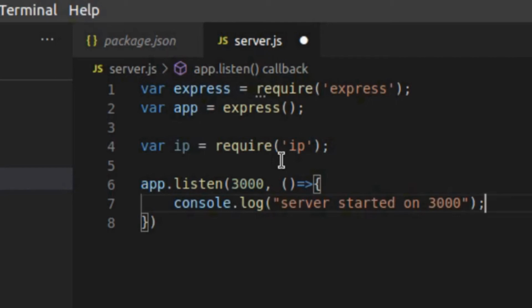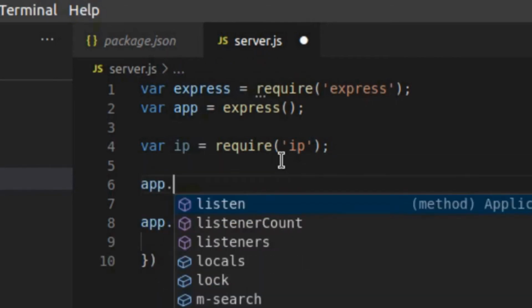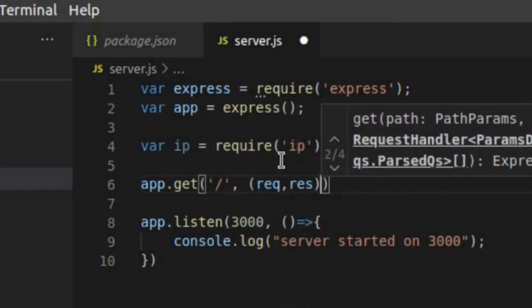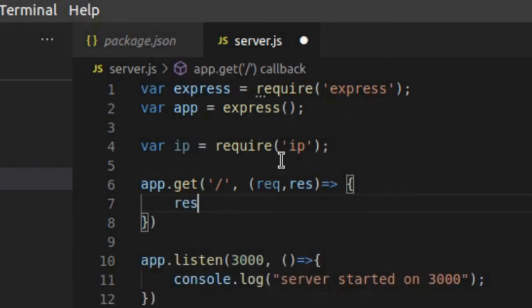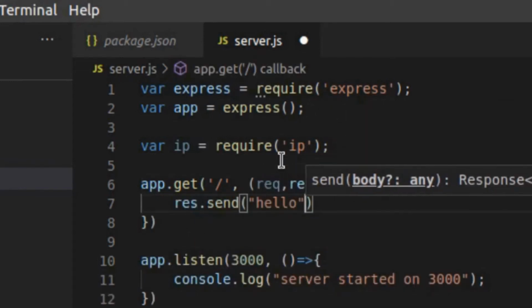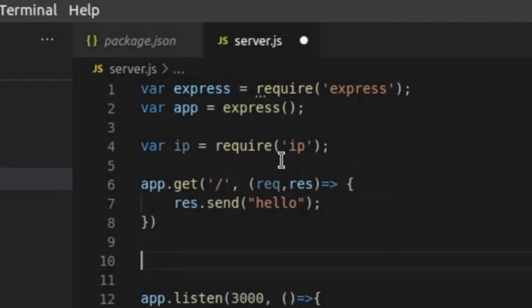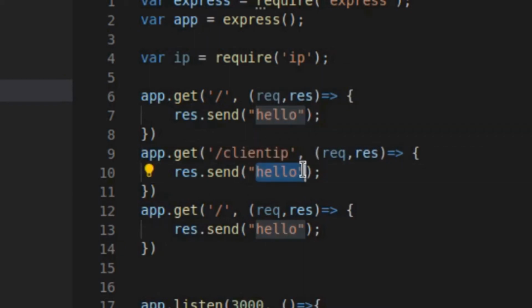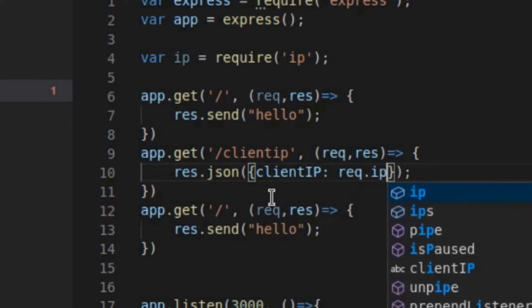Now we'll start writing our APIs. The first one will start by writing a simple backslash. So next, we'll write two more APIs, one for the client IP address. This is actually the IP address of the originating request, and that IP address will be present inside the request object itself. So it's gonna be very simple. We can return it by doing request object.ip.